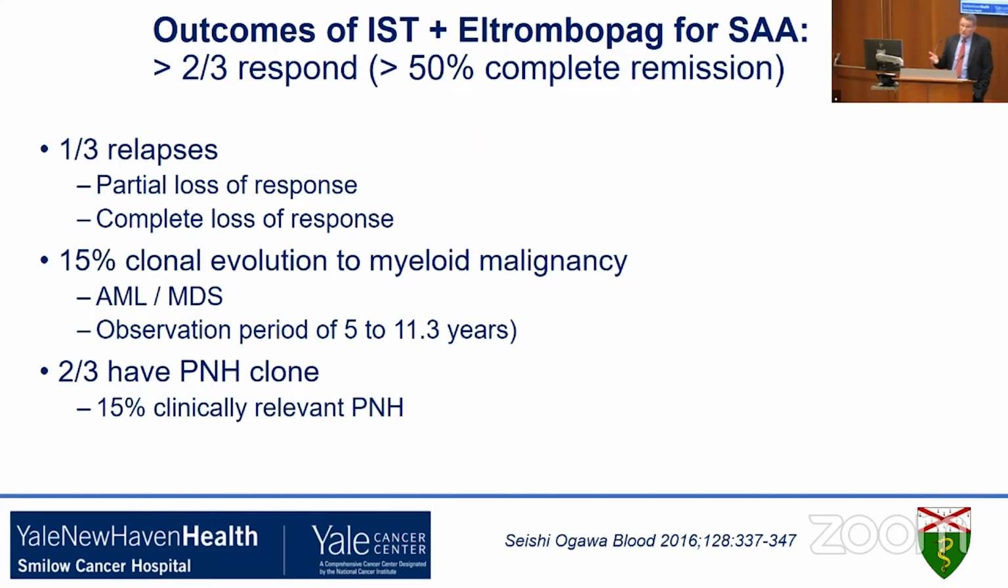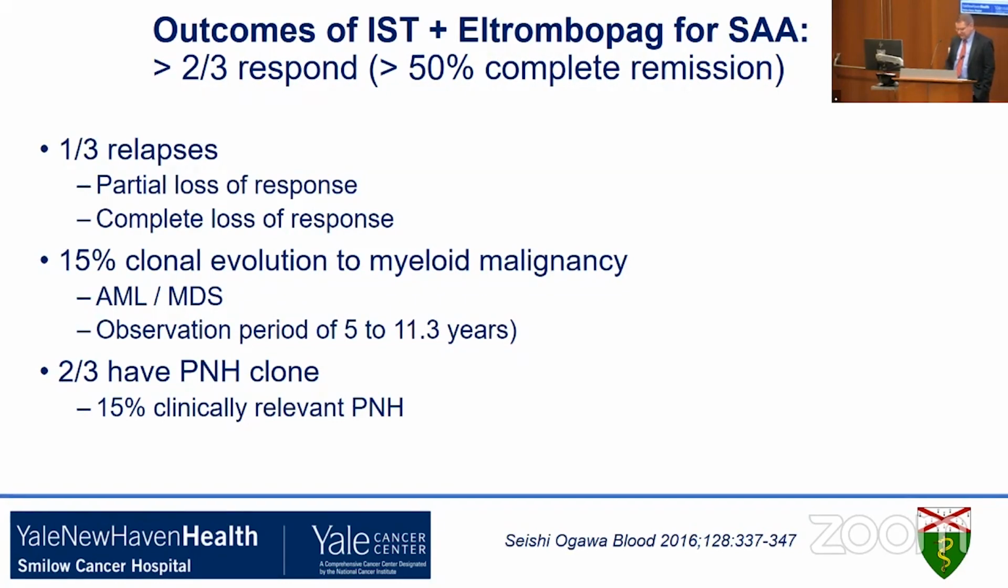So this is what happens to patients who receive a combination treatment, immunosuppressive therapy and eltrombopag. About 2/3 of the patients, about 70%, 75%, respond to treatment. About half of those patients have complete response. And among those who responded, which is the overwhelming majority, about a third will have relapse, either partial relapse when counts decrease just a little bit, or complete loss of response, where they become the same as they were before treatment was initiated. 15% of patients may evolve into AML and MDS. This is over the period of 5 to 10 years. And then 2/3 of patients will have a small PNH clone, and only 15% of those will have significant PNH